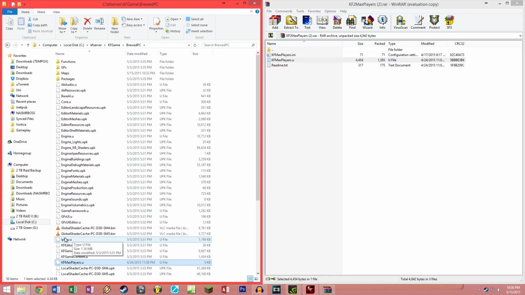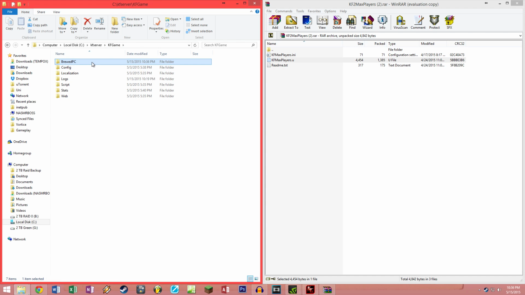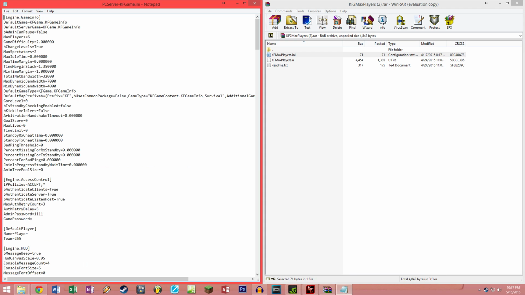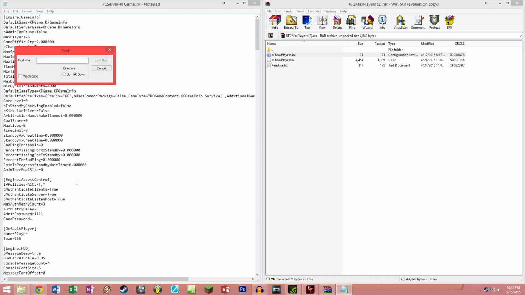Second step you want to do is take your kfmaxplayers.ini and put it in your config folder. So again, KF Game config, and put that in there. Boom. And the next thing you're going to want to do, still in this folder, go in your PC server -KF Game and edit it. And what you're gonna do is find, and I would just use Control F to do this, find KF Game